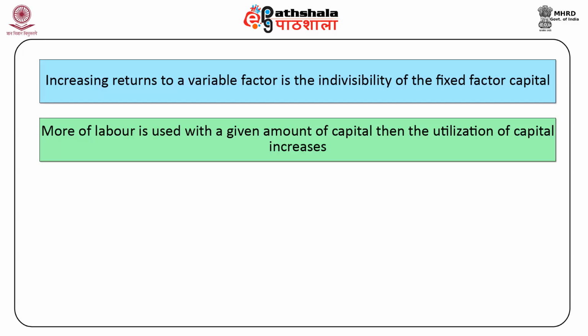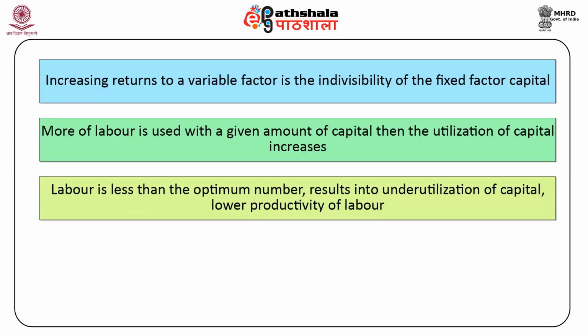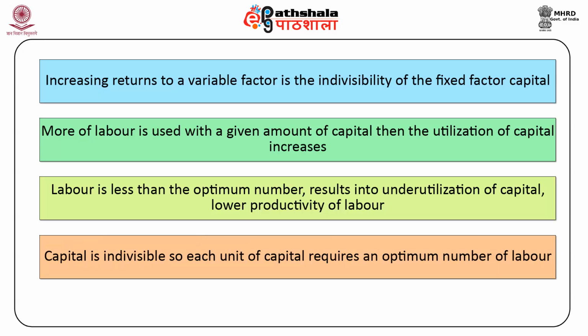On the other hand, if the labor is less than the optimum number, it results in underutilization of capital and lower productivity of labor, because since the capital is indivisible, each unit of capital requires an optimum number